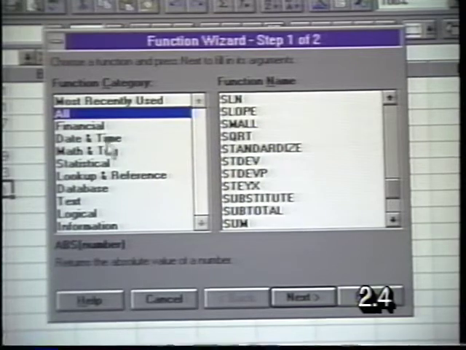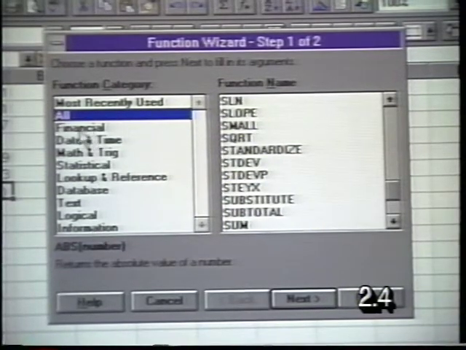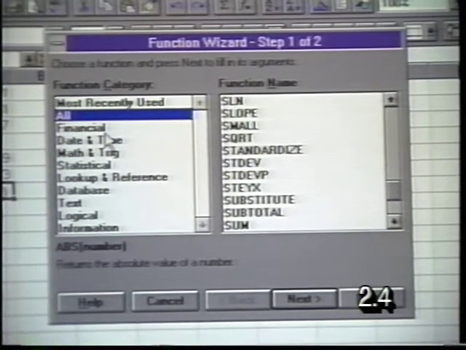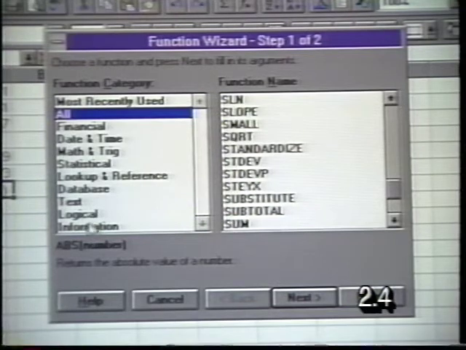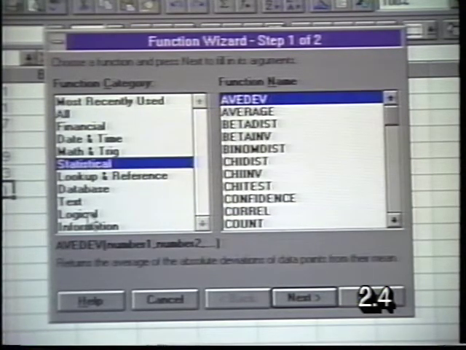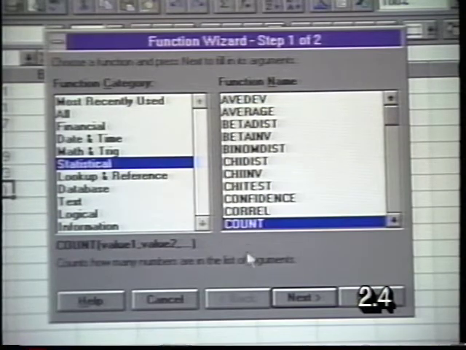Then we see breakdown by different types of paste functions. Financial functions, which we'll use in a little while to create an amortization table, date and time functions, math and trig, statistical, and so on and so forth. What we want, the count function, is a statistical function. So we click on the statistical function category, and then we look over here in the list, and down here the last one showing is count. If we click on count, and then we click on the next button below,